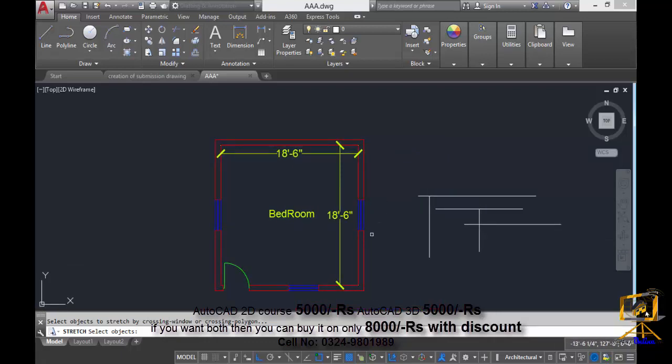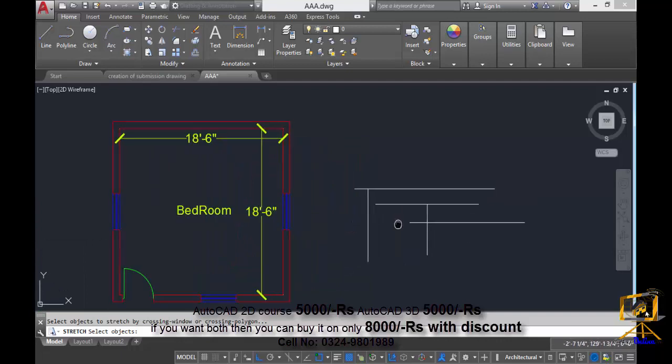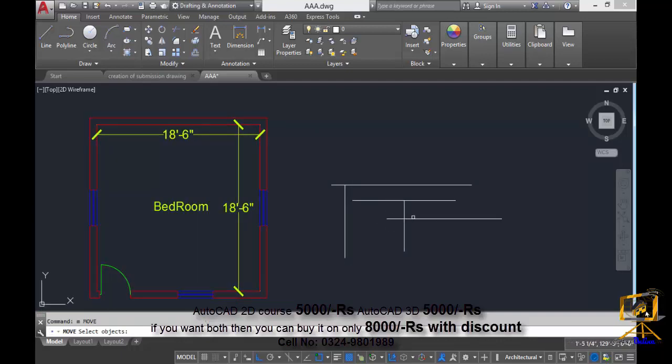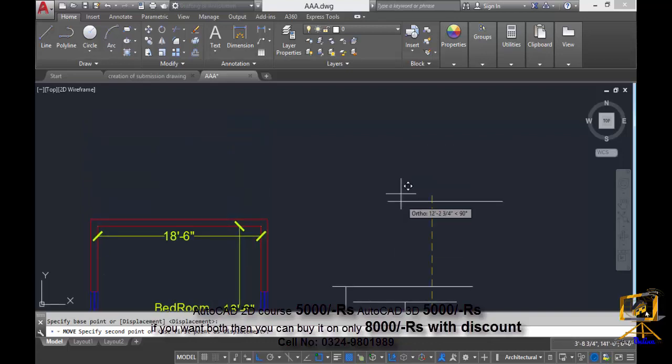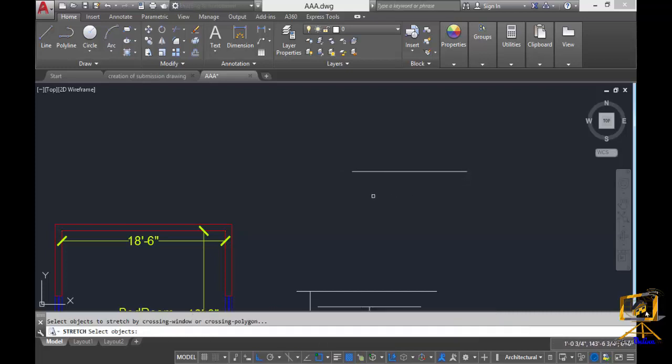The main thing in stretch command is you have to understand two concepts regarding the stretch command implementation. For example, here I have this line and I want to stretch this line up to some point. So if I want to stretch this line from this point and I do not want to stretch this other side point, type S and enter, and I will select this side of a line and then type enter,